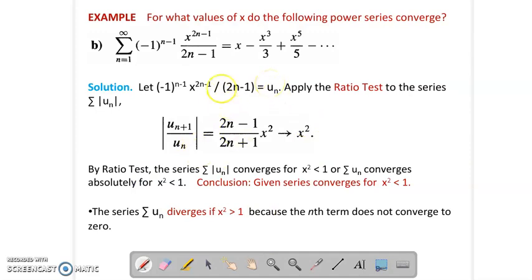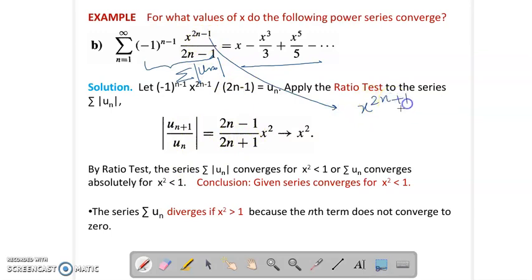So see this one, summation n going from 1 to infinity, minus 1 raised to the power n minus 1, x raised to the power 2n minus 1 upon 2n minus 1. So it turned out to be this series. And again, say this is un, the nth term of the series, and we're gonna apply the ratio test on the series of absolute values. So consider mod of un plus 1 upon mod of un, which will be equals to 2n minus 1 upon 2n plus 1, and here in un plus 1 you will have x raised to the power 2n plus 1